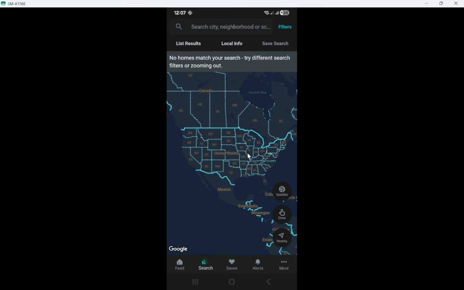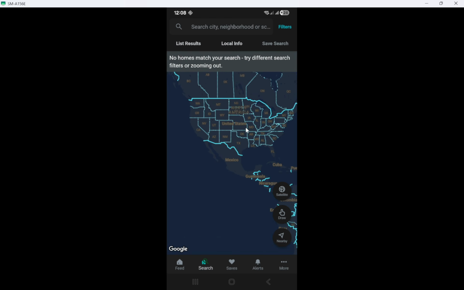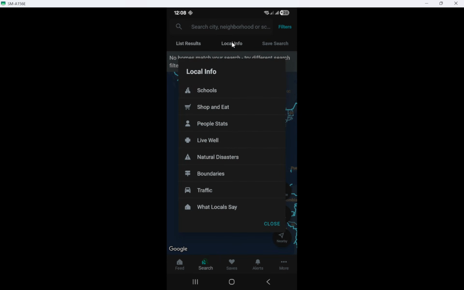You can also check commute times to key destinations, look up nearby schools, review crime data presented in map form, and scan local amenities like parks, grocery stores, and dining to get a fuller picture of daily life in that area. That's it. Quick, simple, and you're ready to explore.